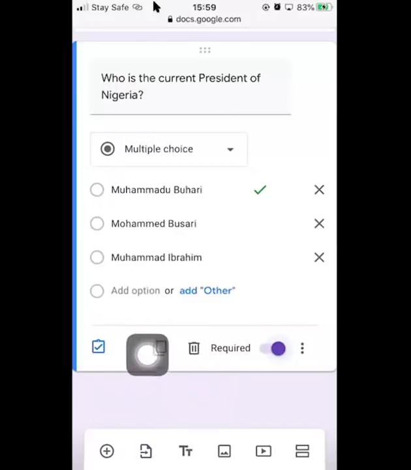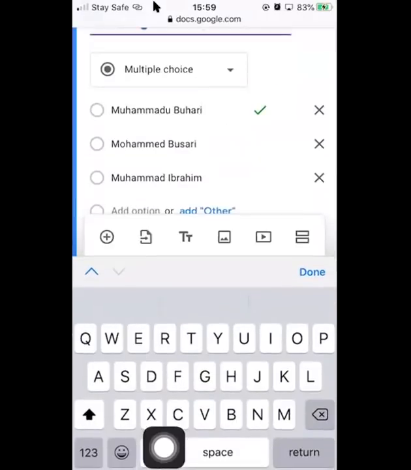Then over here is a copy button, copy. So copy means another question will come. Once you click on this, it will duplicate the same question so you can edit it. So now I'm just going to take another question again. So I'm going to tap on the copy button. This copy here, this button here. So when you tap it, to show you